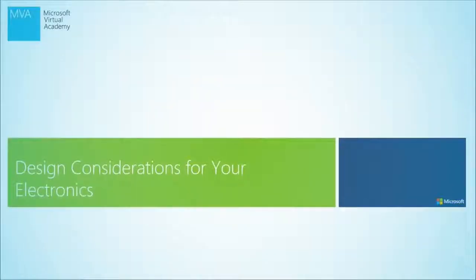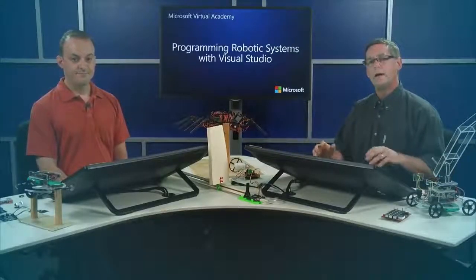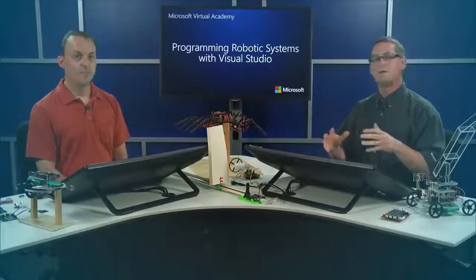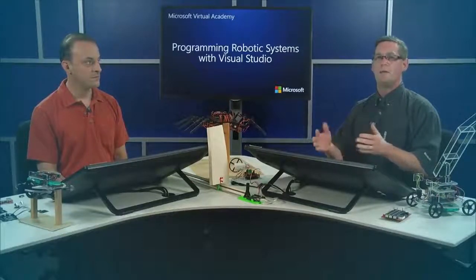As we think about using sensors and shields, let's talk a little bit about some of the design considerations that you need to have as you think about pulling these things together into a functional robot. All right. So far, Paul, we've talked about physical design considerations of more the structure of the robot a lot of times. Some with the servo motors, maybe a little bit with the sensors, not so much. But now we're really going to start talking about